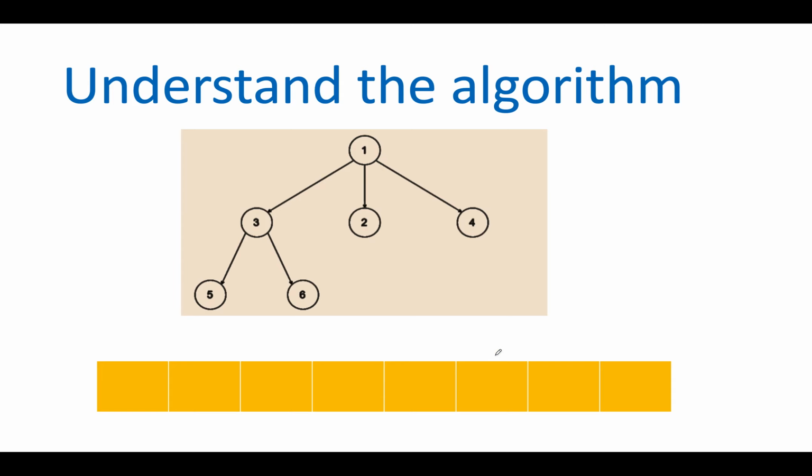We are given a tree where each node can have up to any number of children. In the node definition, we are given an attribute, a list of nodes, that points to its children. And what we are going to do is perform a BFS to get the answer for the level order traversal. Pretty straightforward. This is what we have been doing with two children in a binary tree as well.